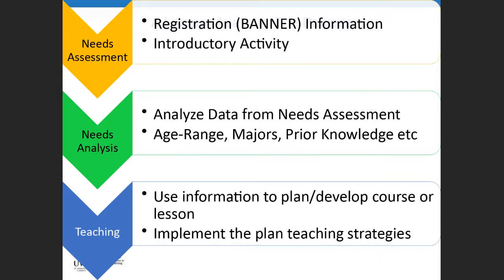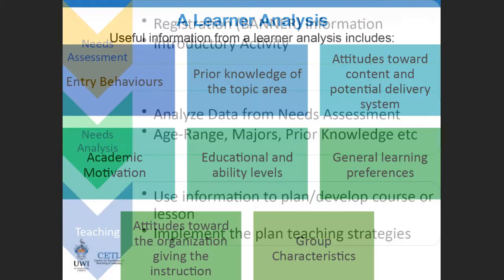And then, of course, you might conduct a needs analysis or a needs assessment. You know, and then, of course, you use that information. So you might find that you have more women in your classes and your courses. And that's perfectly fine. But you might need to adjust your instruction or the activities accordingly. I don't know. That might be something to consider. Right? So you see how they are all linked.